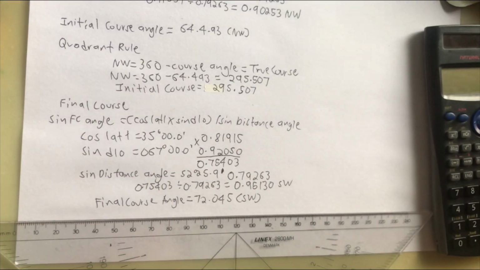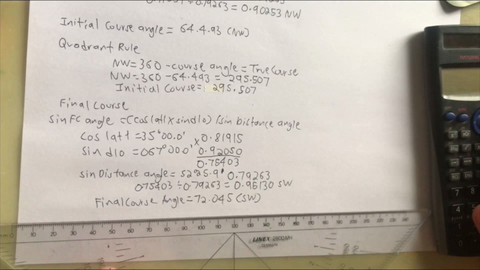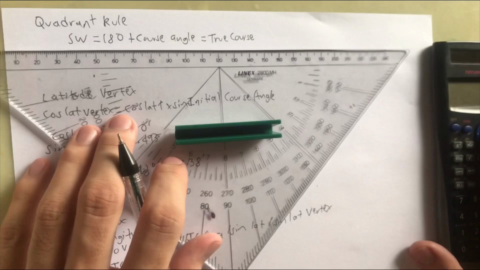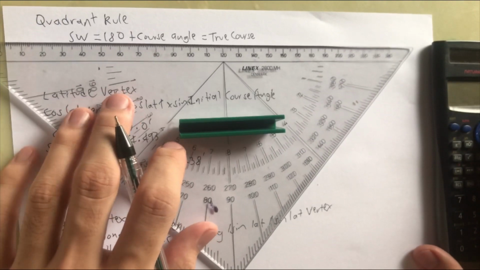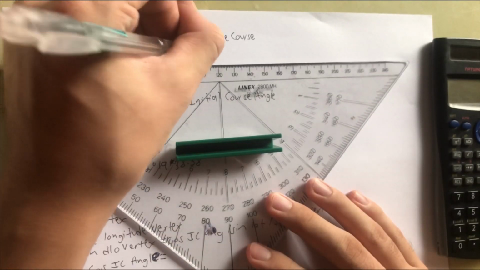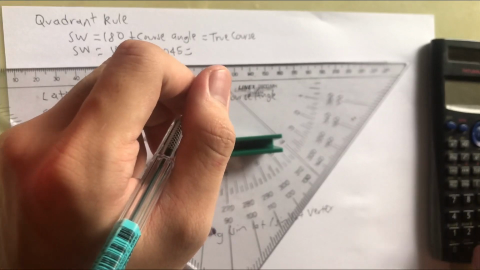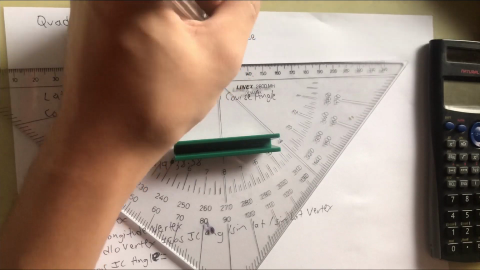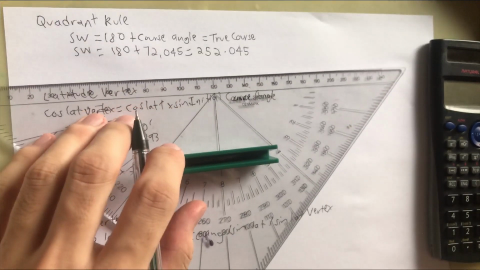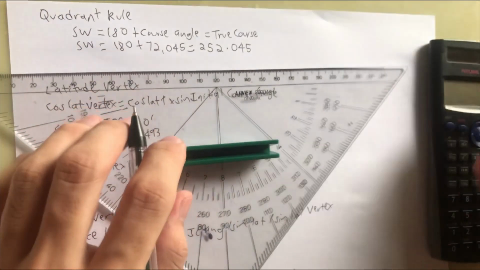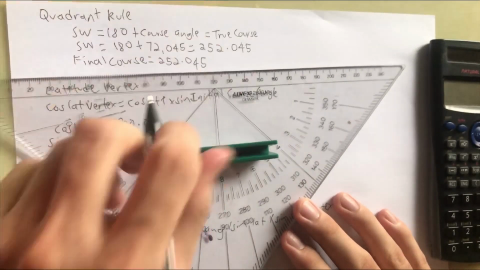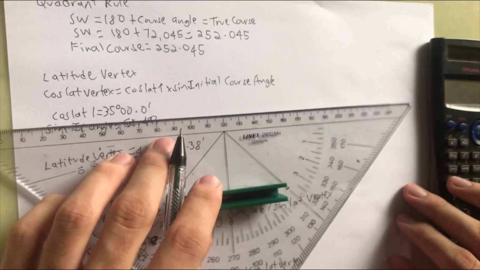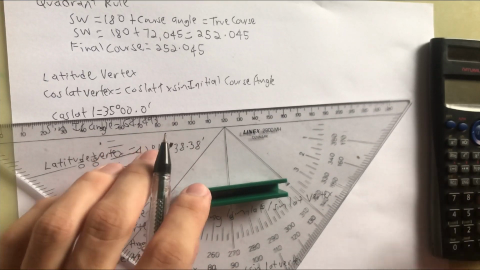We will put shift and sin, answer, and equals, and the answer is the final course angle is equals to 72.045. So after getting the final course angle, we will go to the quadrant rule. For this quadrant rule, we are looking for the southwest. The formula is southwest is equals to 180 plus course angle is equals to true course. So southwest is equals to 180 plus 72.045 is equals to 252.045, and the final course is